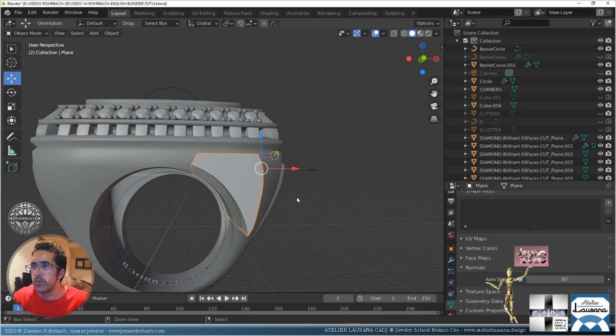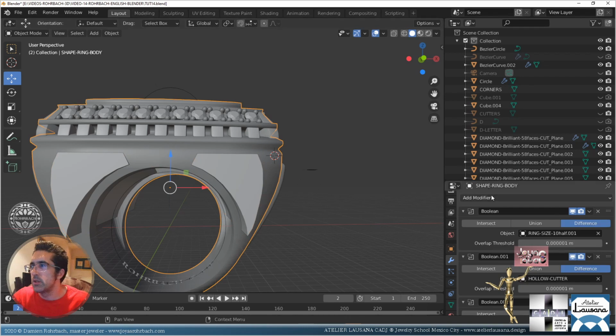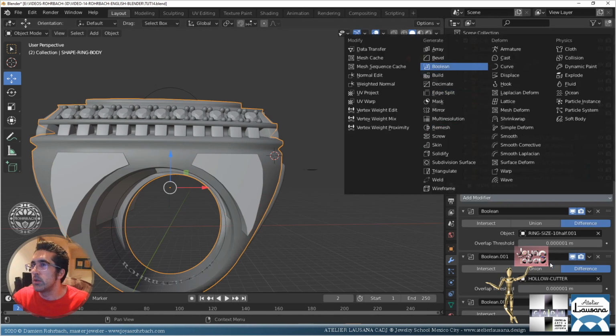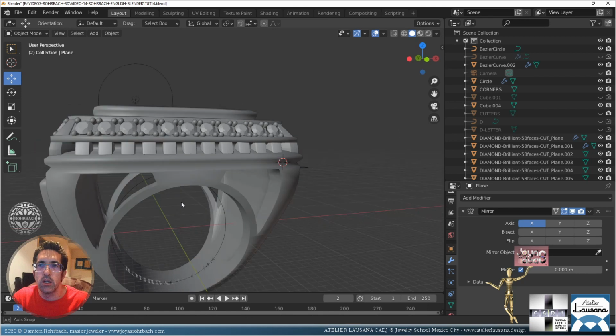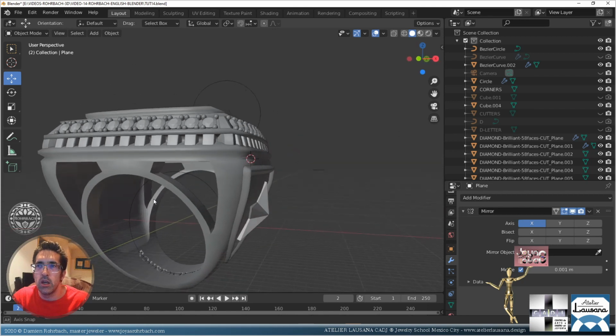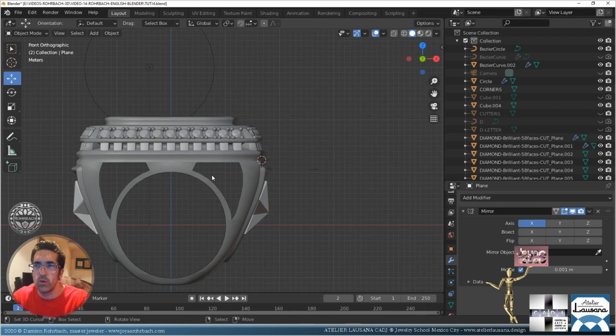Control A, all transforms. Let's make the mirror. Now let's see if it's happy with that boolean or not. Let's see how it works at the edges. Yeah, that's better. It's a bit too thin on the